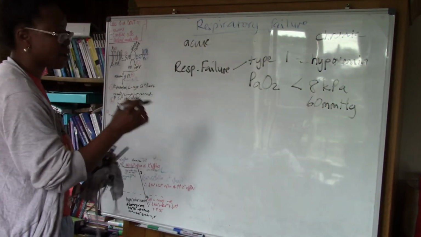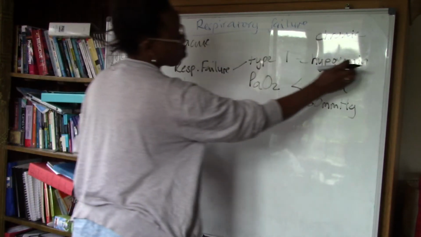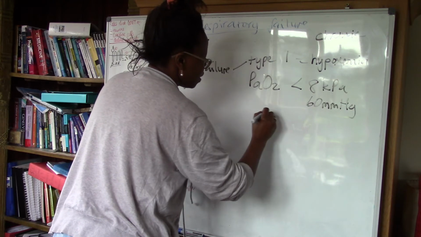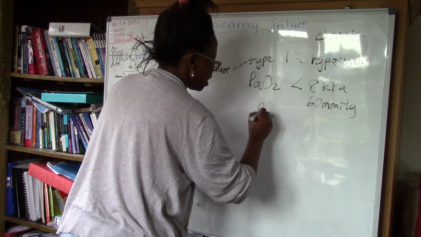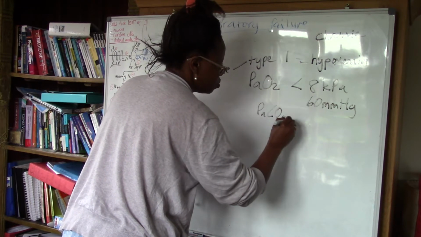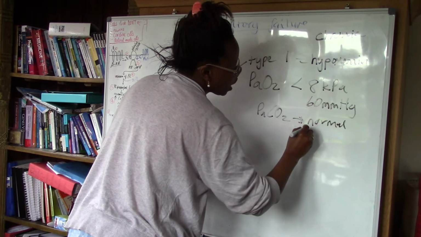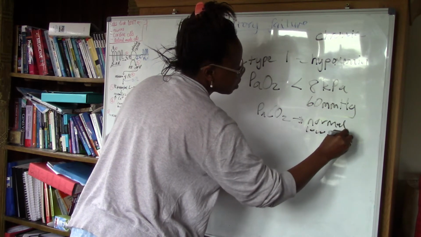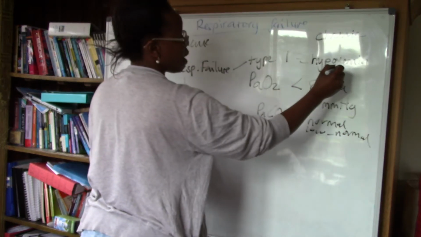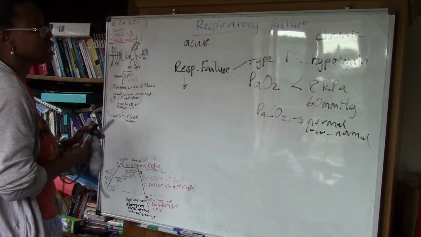And type 1 respiratory failure, I ought to mention that while there is hypoxemia, the arterial partial pressure of carbon dioxide is normal or a low normal. So really the